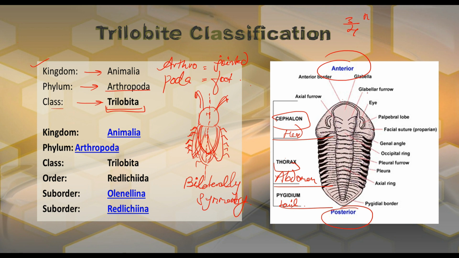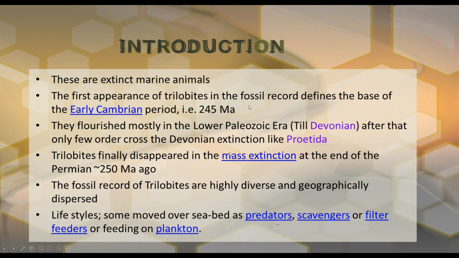And this is the anterior position and this is posterior, right? And this is the cephalon. And this is the whole thorax and this is the whole pygidium. Let's see some intro part of the trilobita. They are extinct animals. We already know that these are extinct marine animals, and the first appearance of trilobita in the fossil record defines the base of the early Cambrian period, 245 million years ago. Okay, and generally they flourished, meaning they had a large abundance, mostly in the lower Paleozoic era,